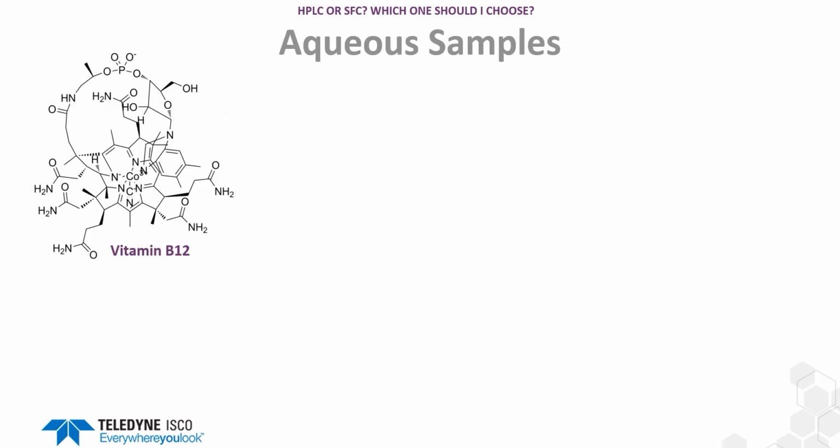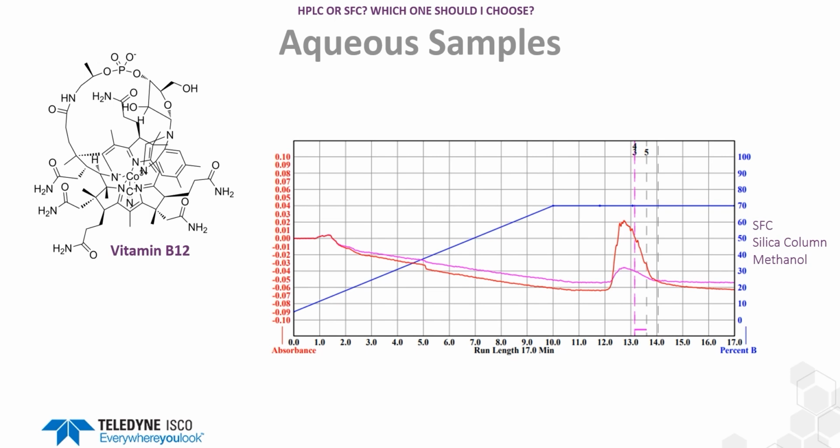So as I mentioned, aqueous samples might be an area where HPLC might be the better choice over SFC, just because it has the ability to pull some of these higher compounds off of certain columns. So first we're going to look at vitamin B12, which is a water-soluble vitamin. And when we run that on the SFC, you can see that we do get the vitamin B12 to elute,